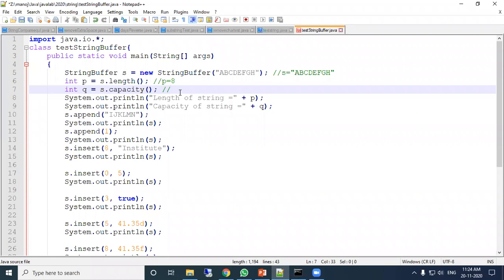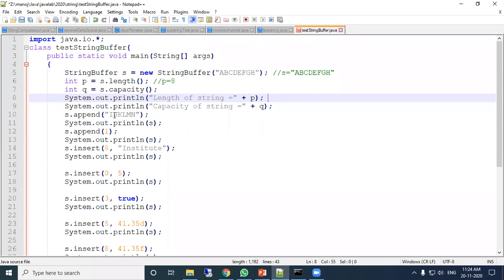By default, the capacity is 29. We will see the capacity when we run the program. Here P should print 8, and here Q should print 29.